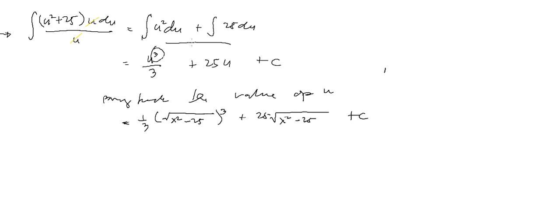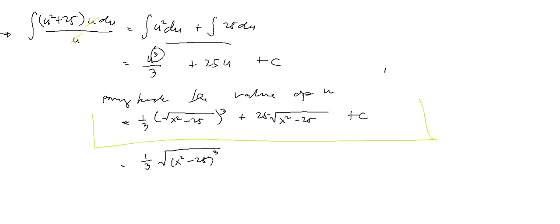Okay, so this is now our final answer. But if you want to simplify this, you can also express it in terms of exponents: 1/3, then the square root is the power 1/2, and 1/2 times 3 is 3/2, so x squared minus 25 raised to 3/2, then plus 25 times x squared minus 25 raised to 1/2, then